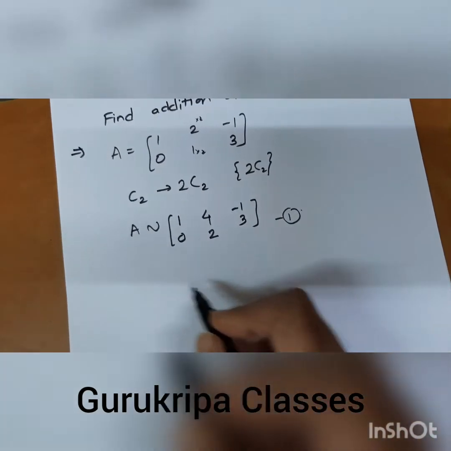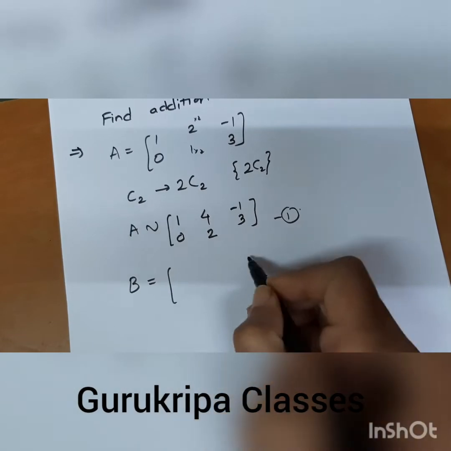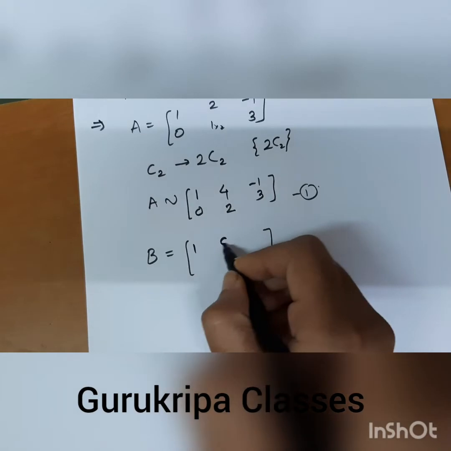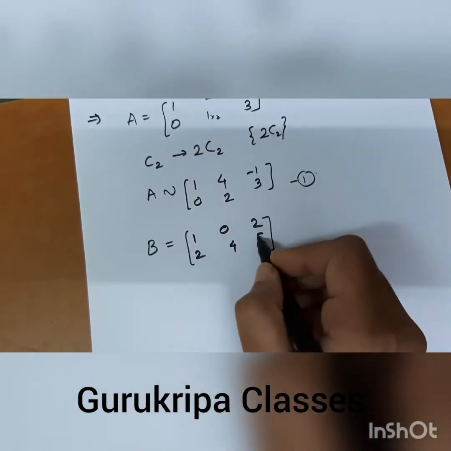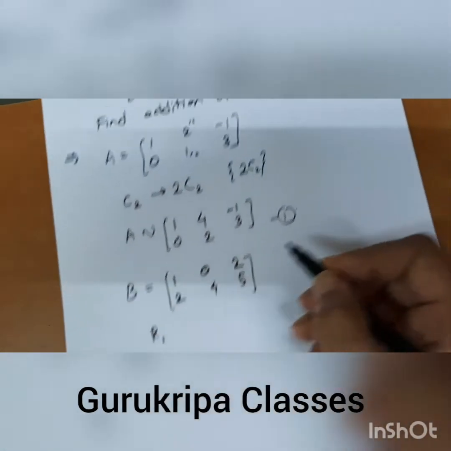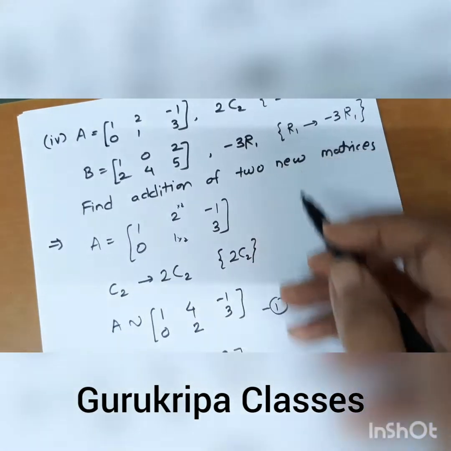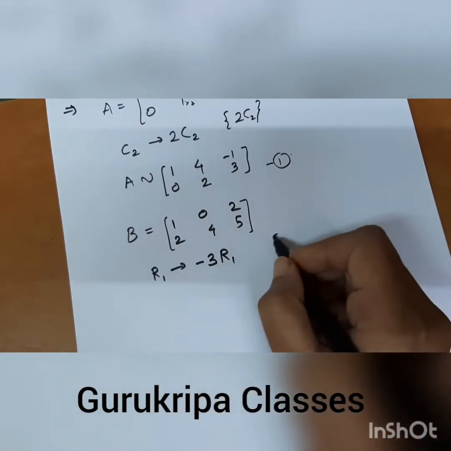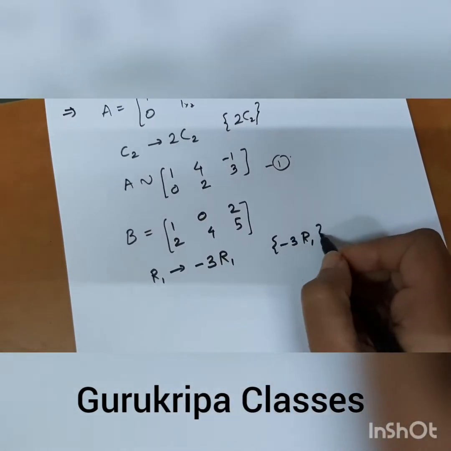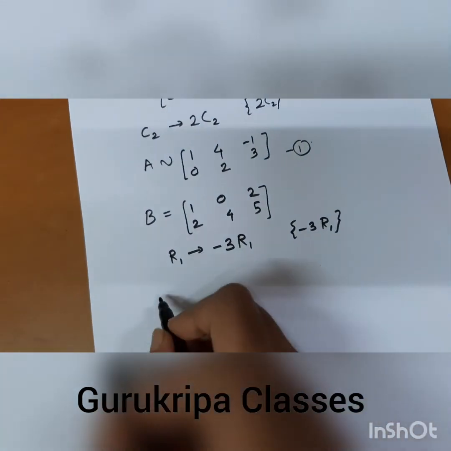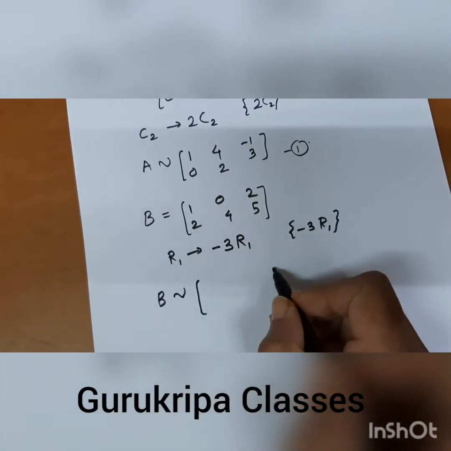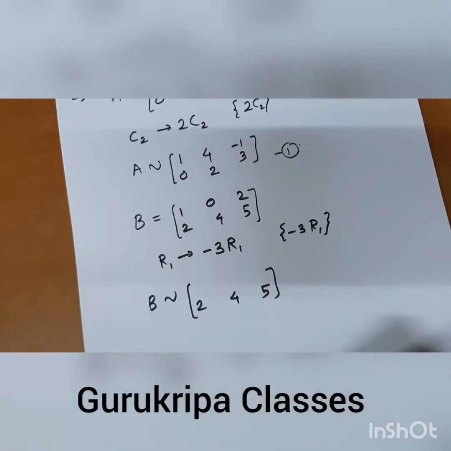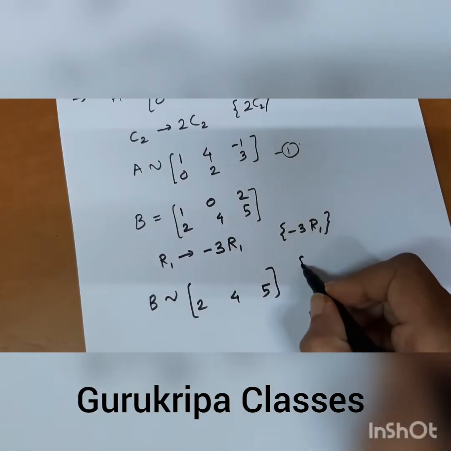Number this as 1. See the matrix B. We are given the matrix B, 1 0 2, 2 4 5. And the operation we are given here is minus 3R1, which means R1 changes to minus 3R1, or in short minus 3R1. So how can we solve this? Keep the B matrix. R2 will be same because there is no operation on the second row. 2 4 5 will be same, and minus 3R1